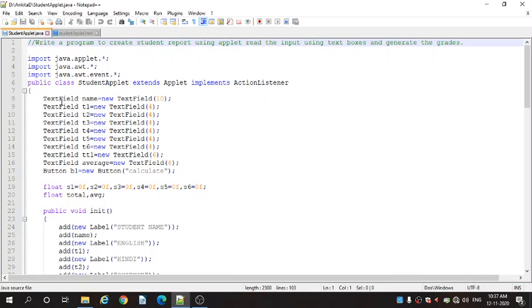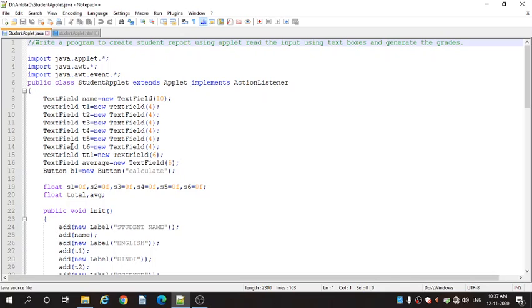Same way, we have initialized the other text boxes, that is TextField t1 = new TextField, the length is 4, and TextField t2 = new TextField, t3, t4, t5, t6.